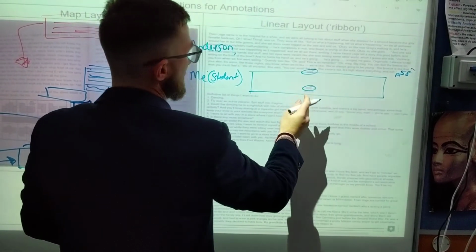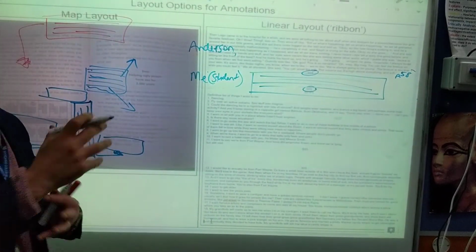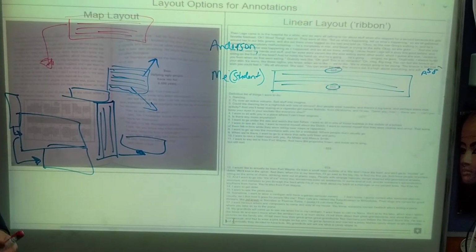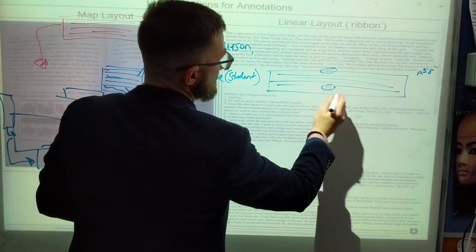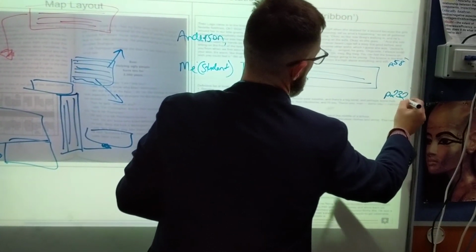I just put a little logo there to let you know that this is me talking. You might want to use a different font. You can also use colour as well, but that's where you do your analysis and your personal response. And then bang, we cut to another section. Now we're on page, I think, 232. Okay, this is